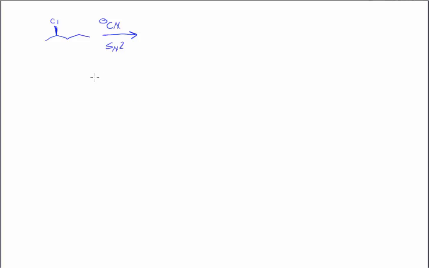So let's pretend we have this reaction. We're told it's SN2, and we know that SN2 reactions proceed by inversion. And so we can predict the product relatively easily. We just substitute the chlorine for the CN. CN makes a very good nucleophile, and we take the wedge and we turn it into a dash, and so